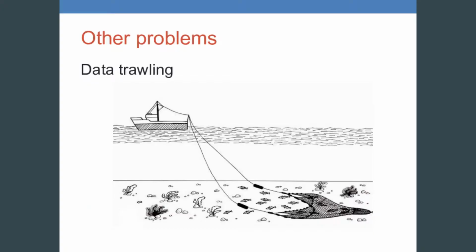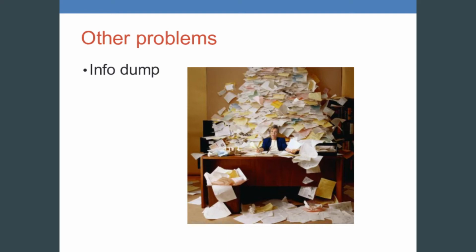Trawling refers to this kind of fishing where you scoop a big net along the bottom of the ocean and you pull it all into your boat and you go through it and think, oh, this is good, I'll keep that, throw that away, throw that back. So you grab just a bunch of stuff and you go through it and you dump a bunch in your paper. So your paper reads like an info dump. There's no coherence, cohesion. You cite only what you need to, to develop your ideas or to provide evidence for your ideas, or something to take issue with, ideas that you want to disagree with and then counter with your own, things like that. That's what we do with sources.